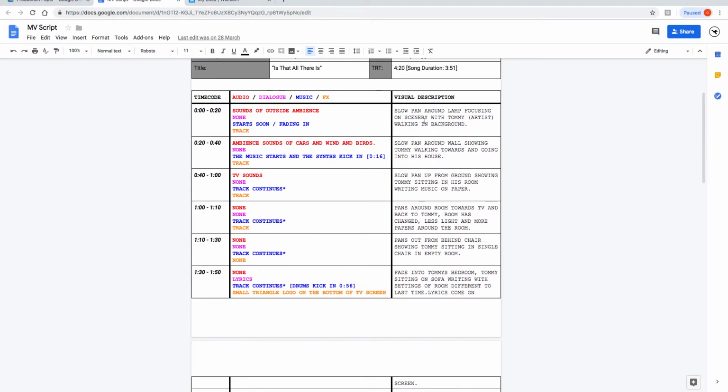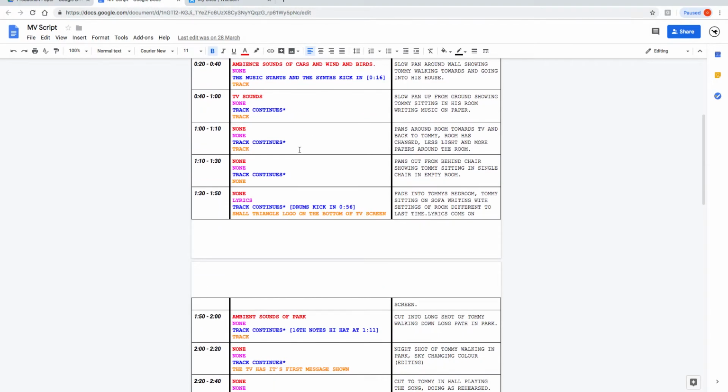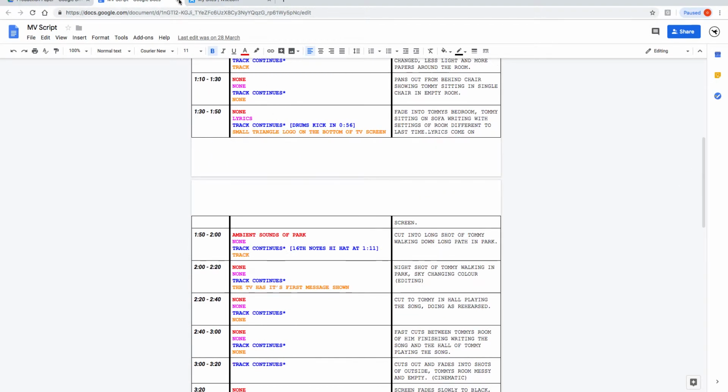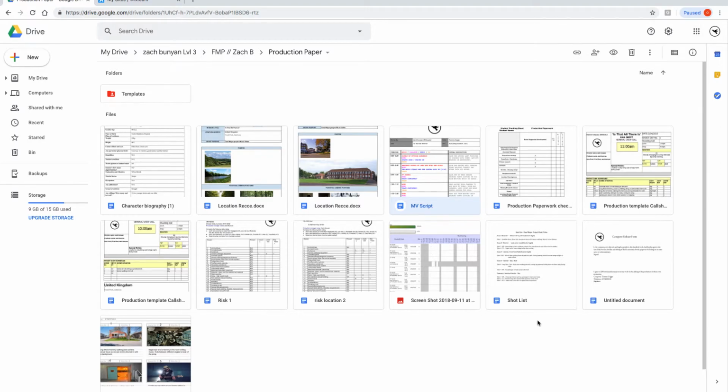So for example, it slow pans around a lamp, focusing on scenery with Tommy, who is the artist, walking in the background, and you hear the ambient sounds, and it's all color graded. So audio's in red, dialogue's pink, and so on. So that's my music video script. Everything else I think is pretty